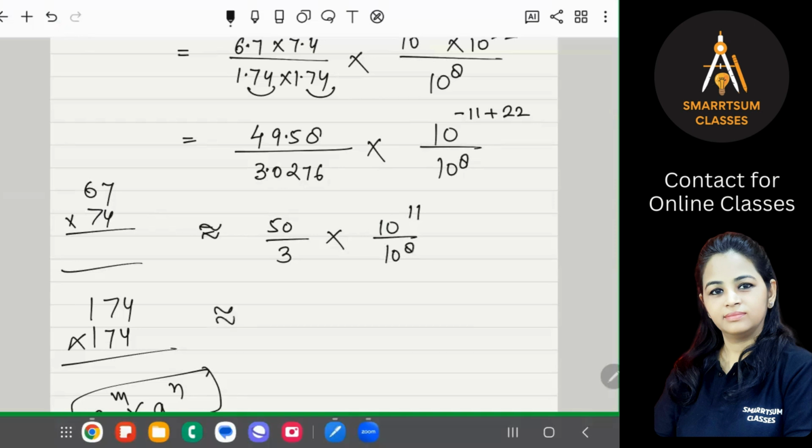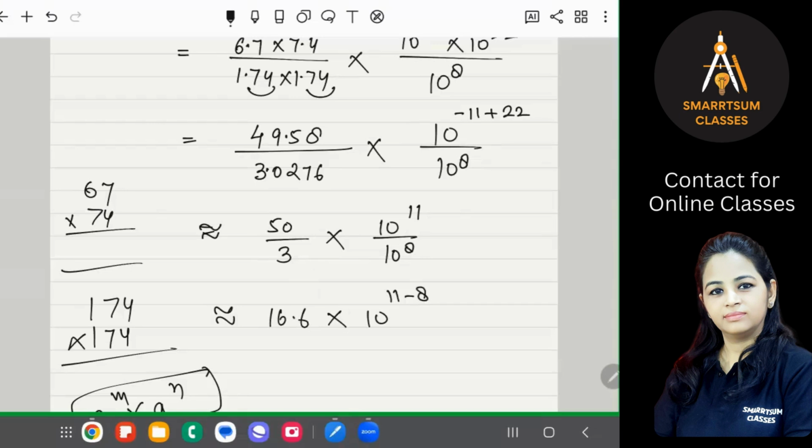Now 50 divided by 3 is approximately 16.6. Now this will be 10 to the power 11 minus 8,